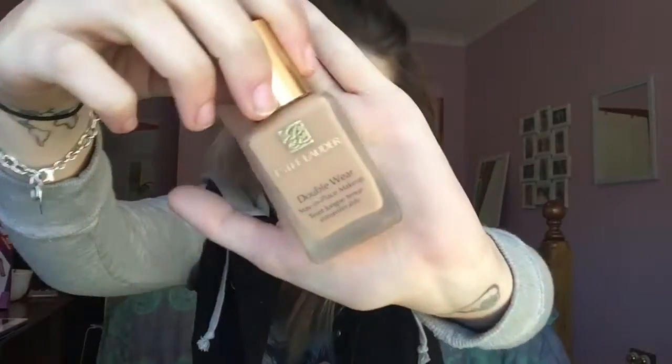I then go on to my Estee Lauder foundation in Ivory Beige, just dab that around my face. I don't really blend it in properly because I do go on to using a CoverGirl in the shade 842 over the top. I just find it blends out nicer and has a better finish, and that's just what I prefer. You might think two lots of foundation is excessive, but I just find that's what works best for me and lasts all day. So as you can see, going onto the CoverGirl now, and then I just keep